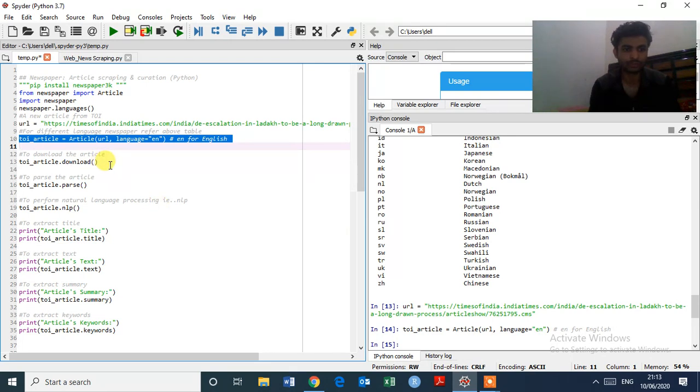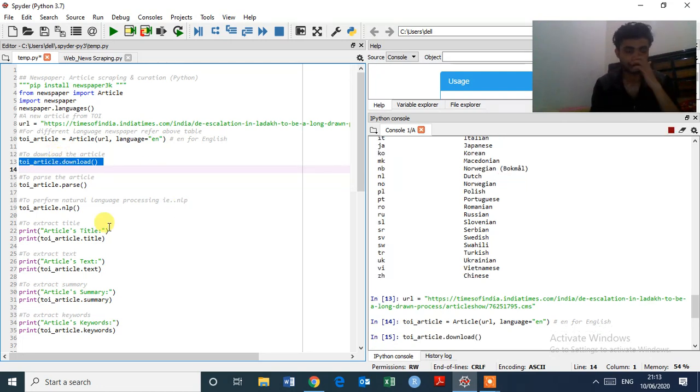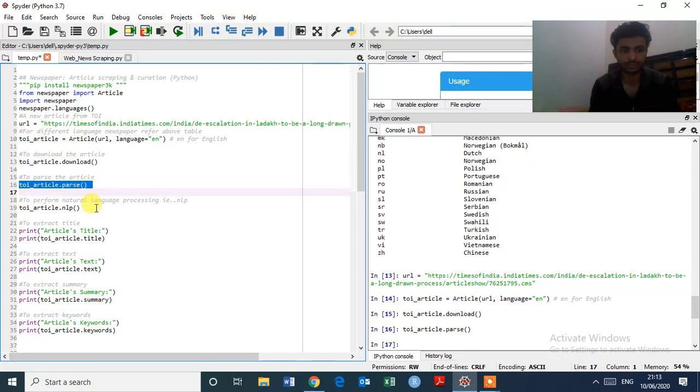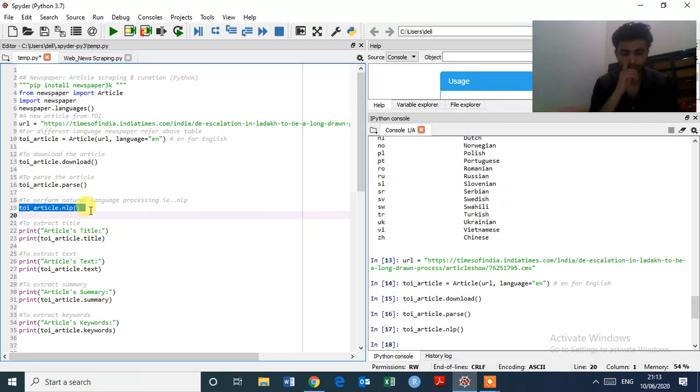If you want to download the article, just type TOI_article.download and enter. To parse the article, just type TOI_article.parse. And if you want to perform natural language processing, just type TOI_article.nlp and enter.